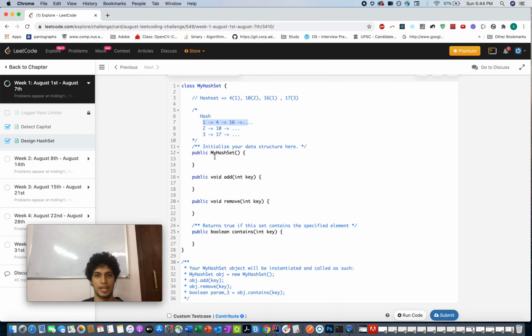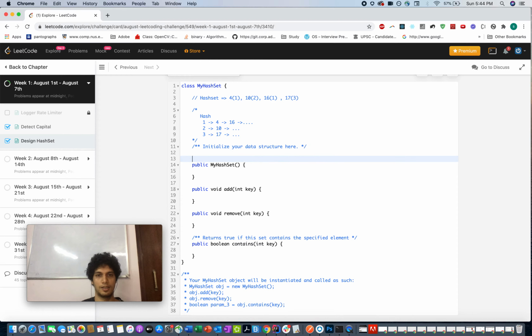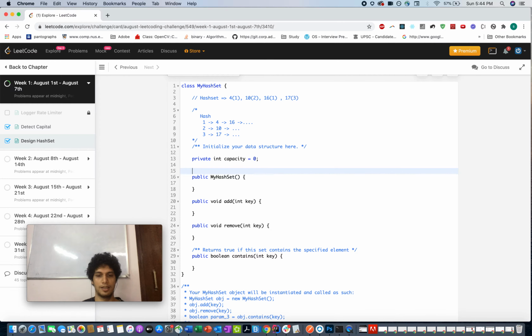If the key is present, then it's good, you return true, and if it does not, you return false. So let's try and code this out. So we'll define an initial capacity of our hash set, which will be somewhere equal to 0 first, and then we will be defining a private 2D list of integer set.